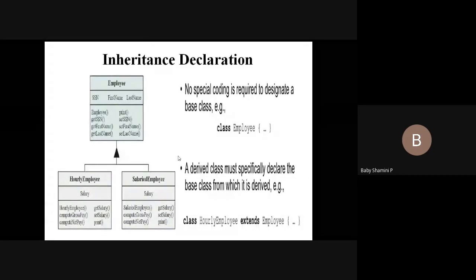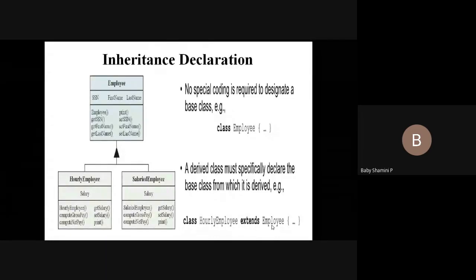Okay. Next one, how to declare an inheritance. So a Java program must contain a class. So class Employee, this is a superclass. Inside we have functions, our methods. Next, these two are derived classes. So you can use the extends keyword to inherit properties from the base class Employee. So class HourlyEmployee extends Employee, that is, the child class extends properties from the parent class Employee. This is a derivation. I explained this through one example program.